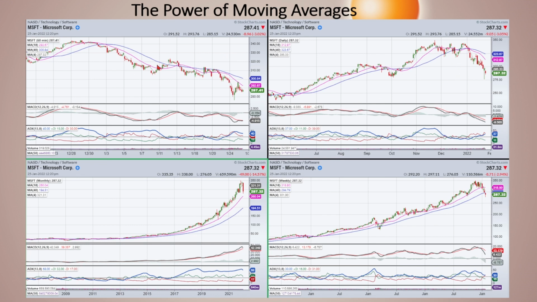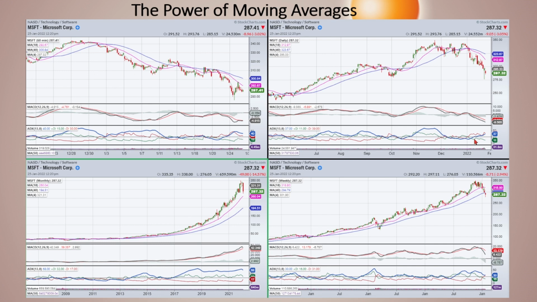Now, yes, the hourly and the daily are basically going in the same direction right now. But if we get a reversal in Microsoft, if it ends up turning the corner and getting through the 18 and flattening that out, then it's very possible this could actually turn positive. So you just want to be aware of this, and I think it's a pretty powerful tool to use these in multiple time frames because you can see not only where support and resistance is, but also what the direction is for each trend.